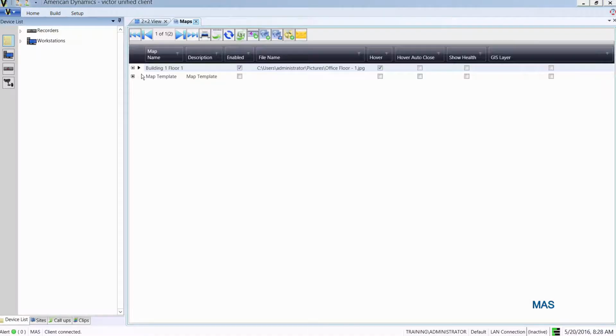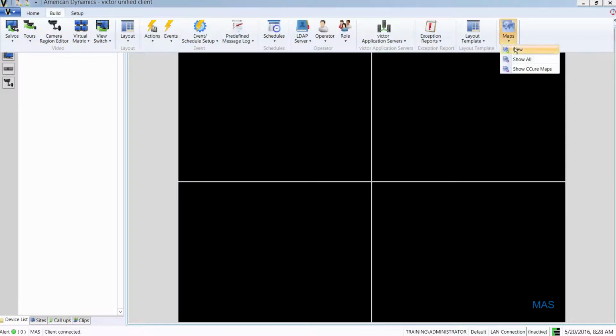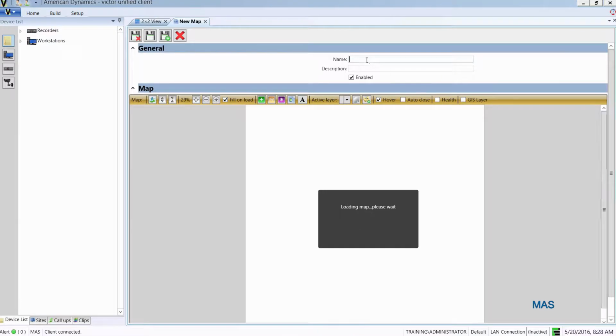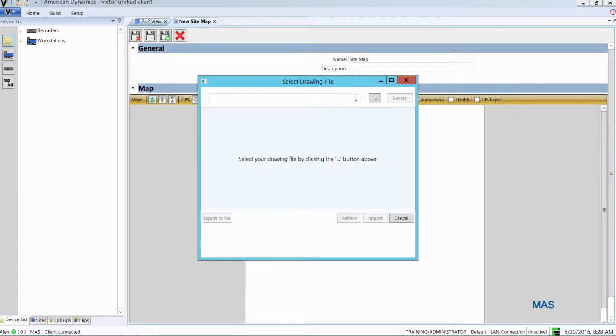I'm going to choose the Build tab, and I'm going to choose Maps and New, and we're going to create another map on the MAS, and this is going to be a map of the entire site, and we're going to use that for monitoring our system on the MAS. So again, I'm going to import a background image,